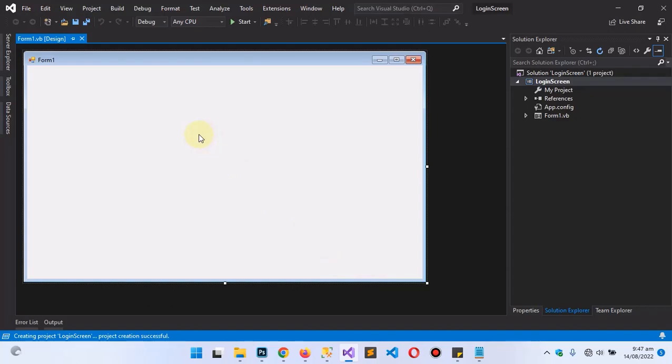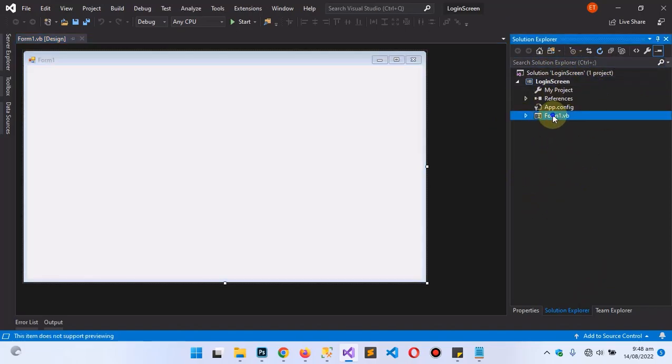Now we have our project created successfully. As you can see, there's a notification down here saying creating project login screen, project creation successful. Exactly. So like I said, we are going to create a login screen. By default, the project we created gave us a default form, which is the form1.vb indicated in the solution explorer window here. So we can simply rename this to